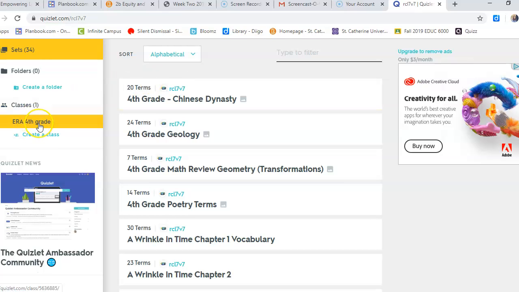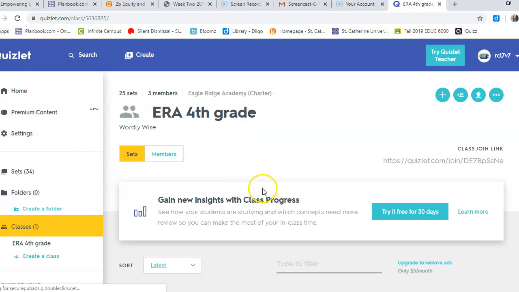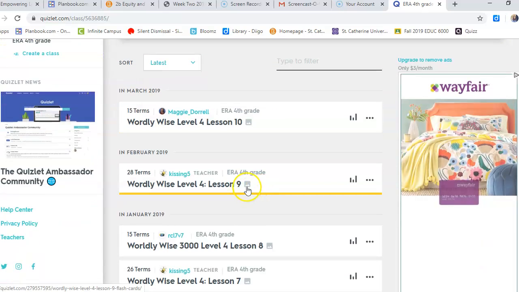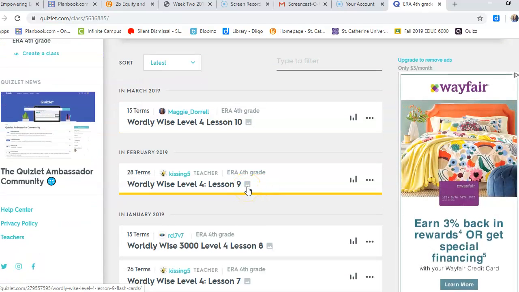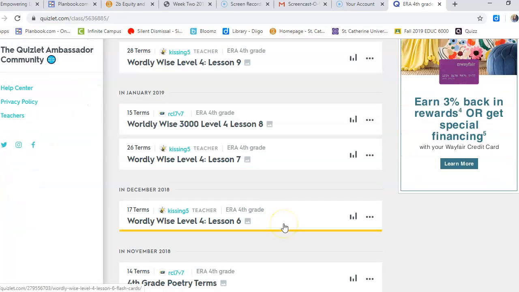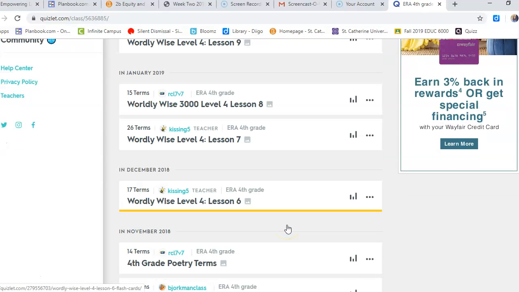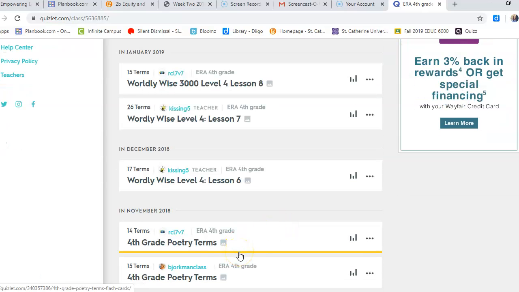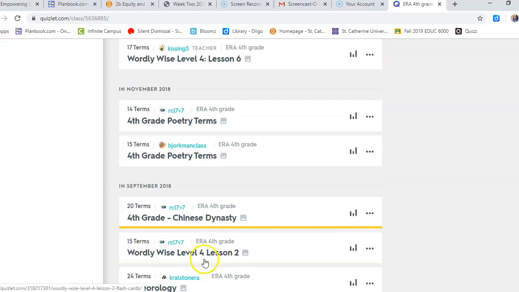I have at least one folder for my fourth graders, and this has all of the units and different tests that they'll have throughout the year. It is a goal of mine to continue to work on organizing this, but you can kind of get an idea of the different options you could have. So we'll just pop into